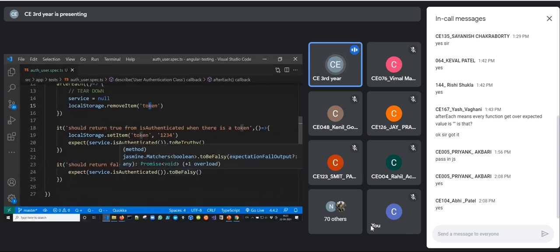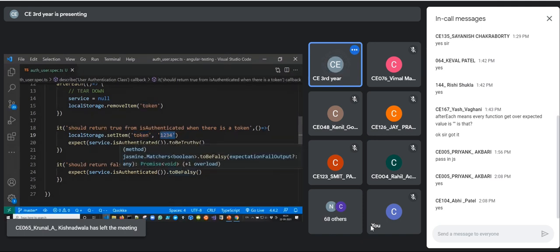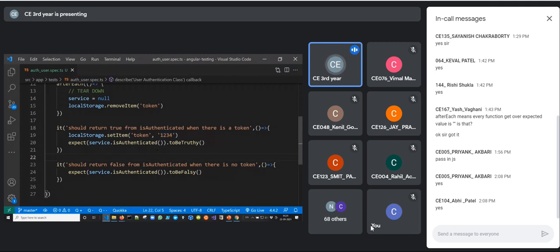Now, what we are expecting, there are two test cases. If the user is already authenticated, we have to create the token and store it onto the local storage on the client side. So we are doing it using localStorage.setItem. The name of the token and the value is this 1234. This is something like cookies, but this is new to HTML5, so all the modern browsers support it.